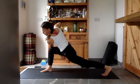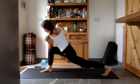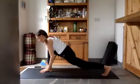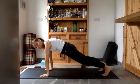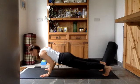So remember on the floor when we did this twist. Can your skin move as well as you twist? Well done. Release and take the hands either side, front foot. Let your front foot just slide to the back. Go with your vinyasa. Now you can drop your knees or push your heels back, your head forwards, shoulders in